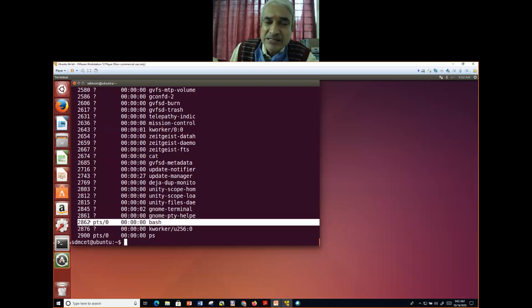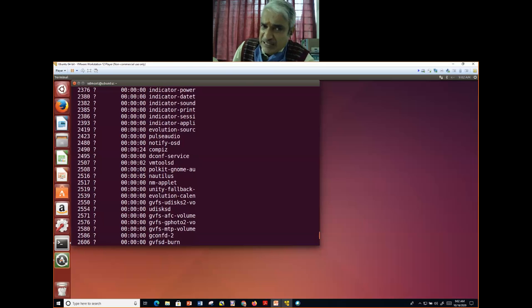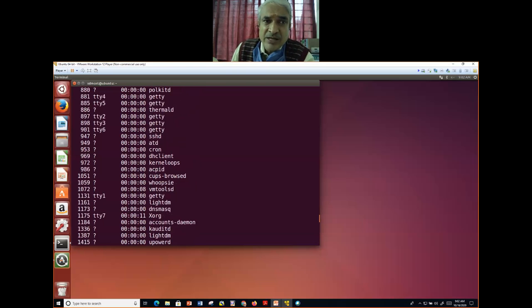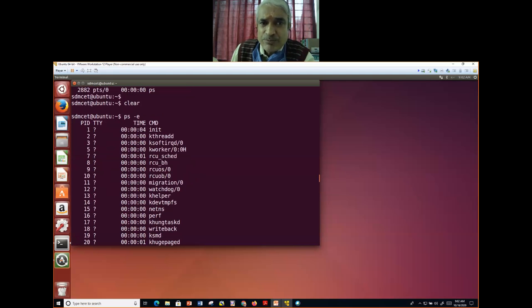PID is a unique ID assigned by the operating system. At runtime, it will give a different ID for different things. But there are certain IDs that are fixed. We are talking about a daemon process. Now look at that here. This is going to remain the same. The init process is nothing but a godfather for everyone. This is the root level parent for everyone, which will create the different child processes running. There are many daemon processes, and a collection of such daemon processes makes an operating system. So that's what I was talking about, daemon processes.